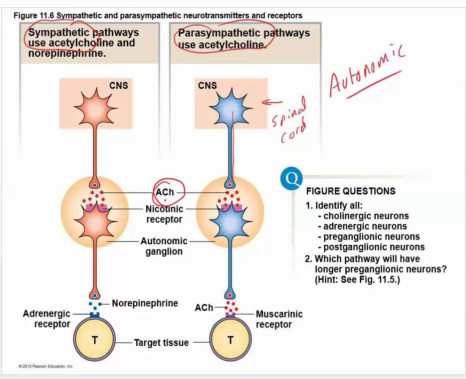Okay, and now I know I just said that the parasympathetic releases acetylcholine, but that's down here. Parasympathetic releases acetylcholine directly onto, that T is for target organ. That's where acetylcholine is being released for the parasympathetic. And over here, the sympathetic is releasing norepinephrine. Okay, so this is neuronal control.